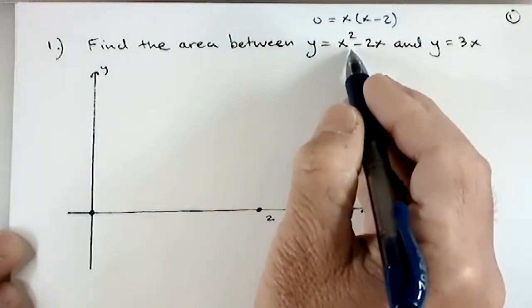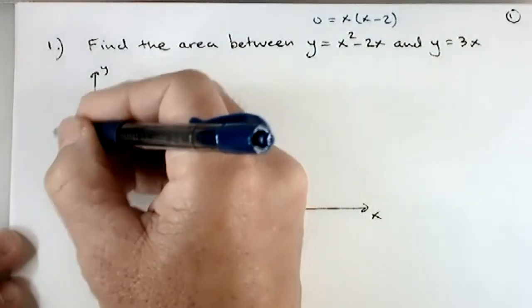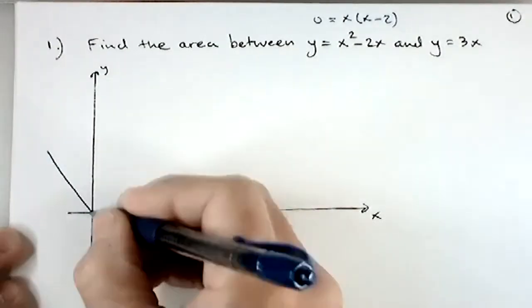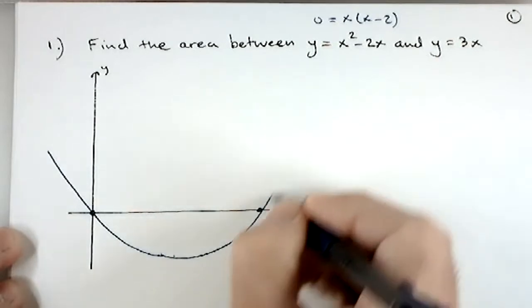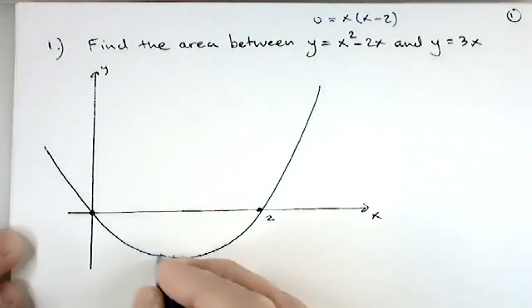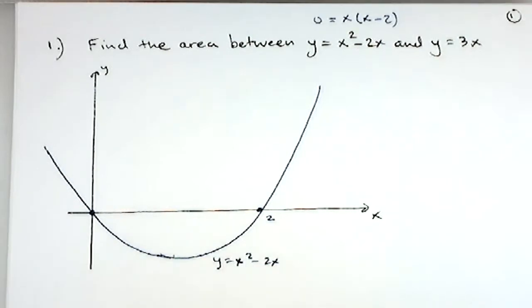And because it's a parabola that opens up, I know the vertex is going to be below somewhere. So this graph is going to look like that. This is y equals x squared. You usually don't have to find the actual vertex unless